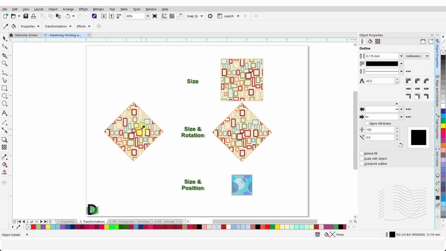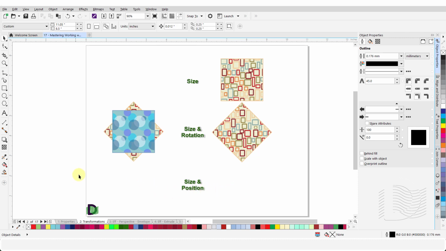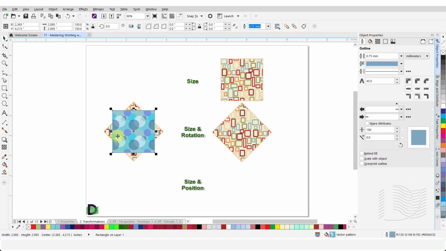I will left click to copy these attributes. Then I will left click on the target object to apply the copied attributes. As you can see, in addition to the change in size, the position coordinates of both the objects are identical. X is equal to 2.365 inches and Y is equal to 4.215 inches.